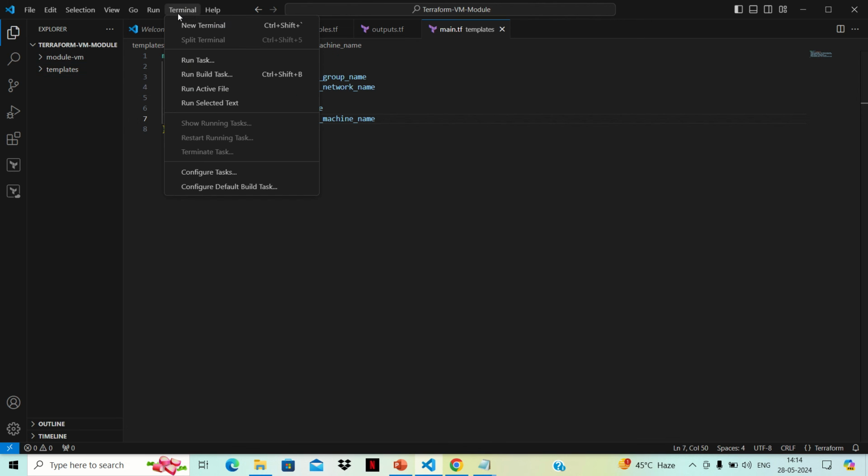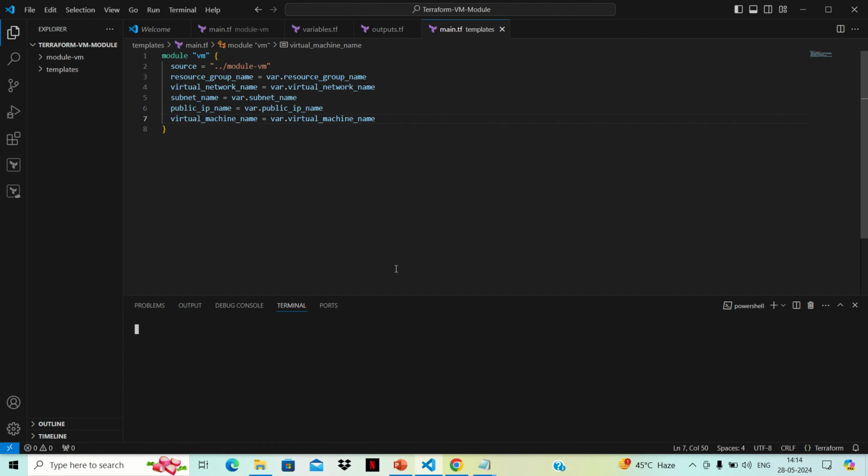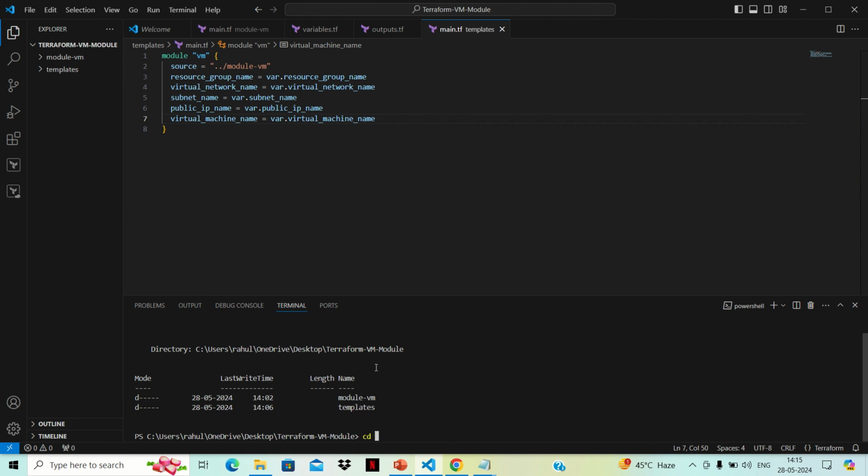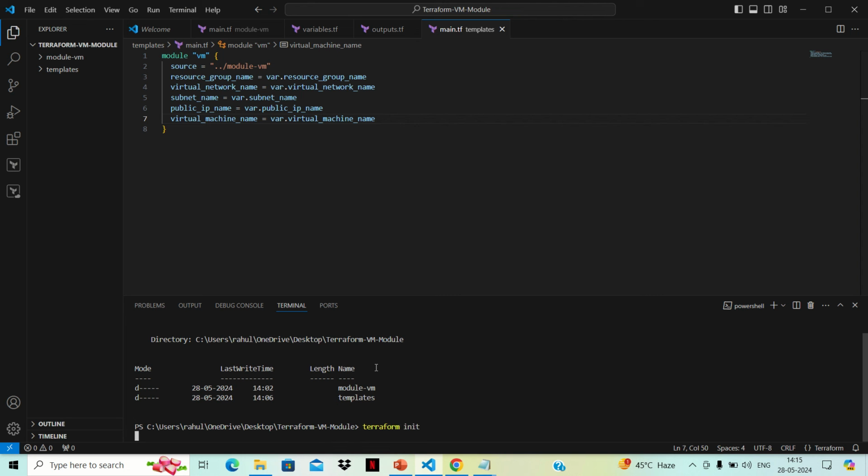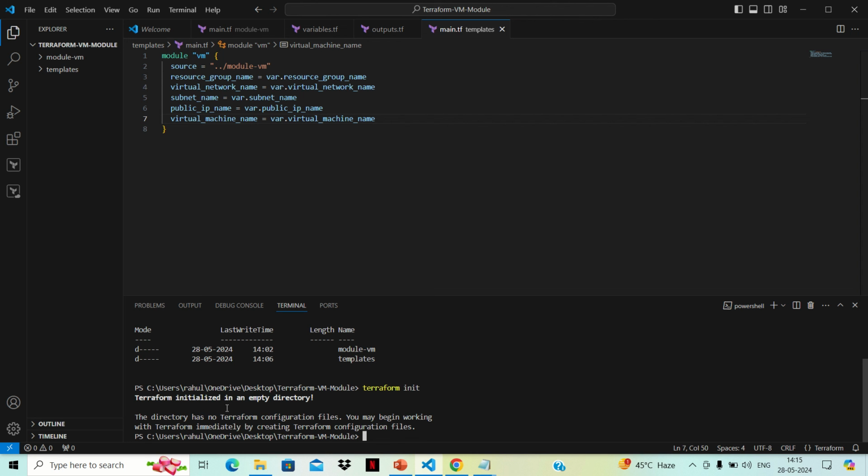So let's go to the terminal. Here we need to execute the command from the outside files. We don't need to execute it from the module, we need to execute it from the secondary folder. As of now we are here, and we need to go to the templates folder, because if we write terraform init here, it will not work. Yes, it is saying Terraform initialized in an empty directory. The directory has no Terraform configuration files. So we need to go first to the